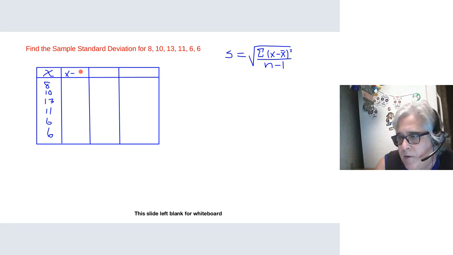And this is going to be x minus x bar. So what we have to have first is the mean of this data. In other words, we have to add them all up. And so if we add all those up,